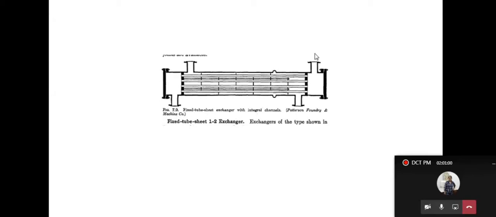But what you send from here, you send the cold fluid, it passes from here and heat transfer takes place, and hot fluid will be coming from here. Okay. So for us, this is not important. What are segmented baffles? These are called segmented baffles, which try to make the materials stay for some amount of time, and they move in a particular fashion from the entrance to exit. Okay, that is the meaning of it. No, this is not it for us. This slide.